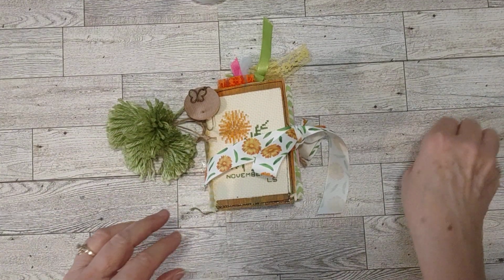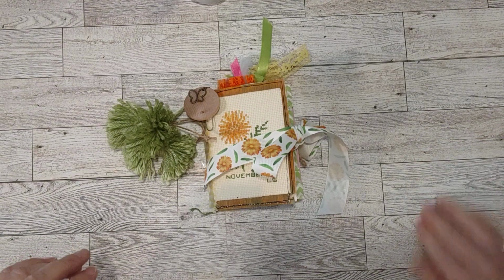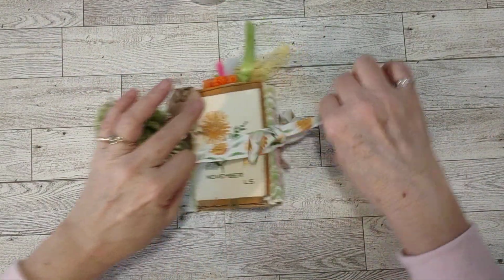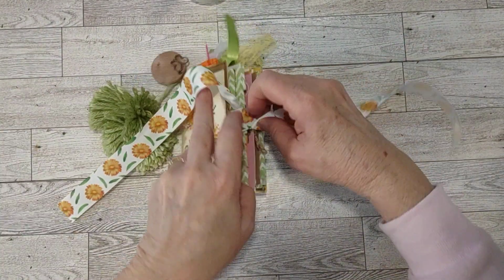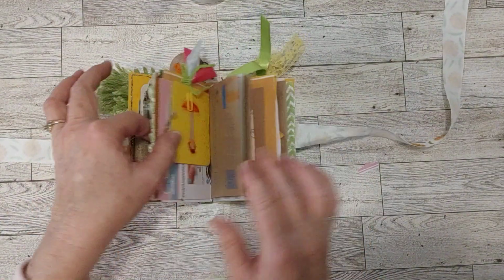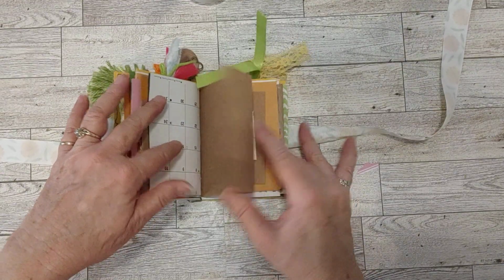Oh, I wanted to put this little tab in here. This is something I was about to throw out. If I can pick it up, I'll show you. It's a little piece from the packaging. I thought this would be a cute little tab. Here, let's put it in here real quick, after I tied such a nice bow, right? Let's see if we can find a spot for it. Let's go to the back half here, so I don't just keep everything in the...